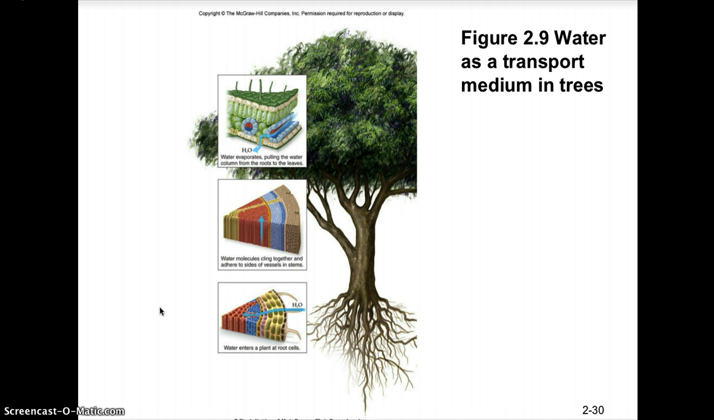So here you could see water, of course, enters the plants through the roots. Then the water would travel in. So we'll look at types of transport later. So water would flow into the roots. The water molecules would cling together and adhere to the sides of the vessels, and they'd be pulled up through the trunk of the tree, up through the branches, out into the little stems,